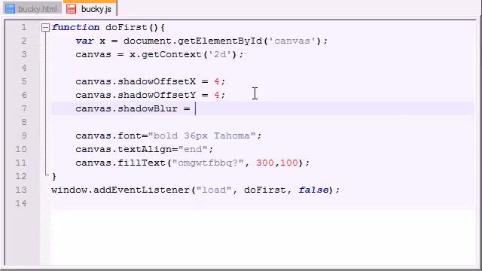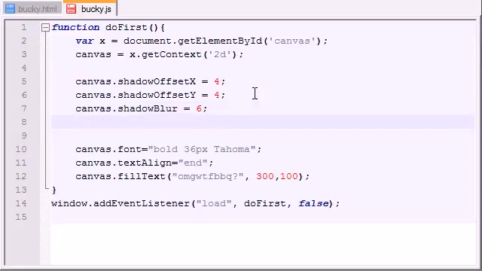So how much of a blur do we want to use? Well, let's go ahead and put 6 right there because I happen to know that 6 looks pretty good. But depending on what you're doing, what kind of website you're making, there's no set value that's like, okay, this is a good value, this is a bad value. It depends on how big your shape is and just what kind of look you're going for. So for now, I'm just going to add a blur of 6. And now, canvas